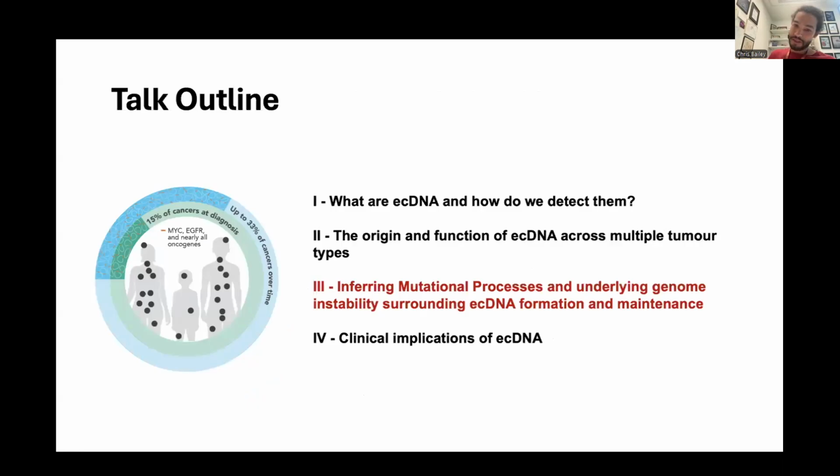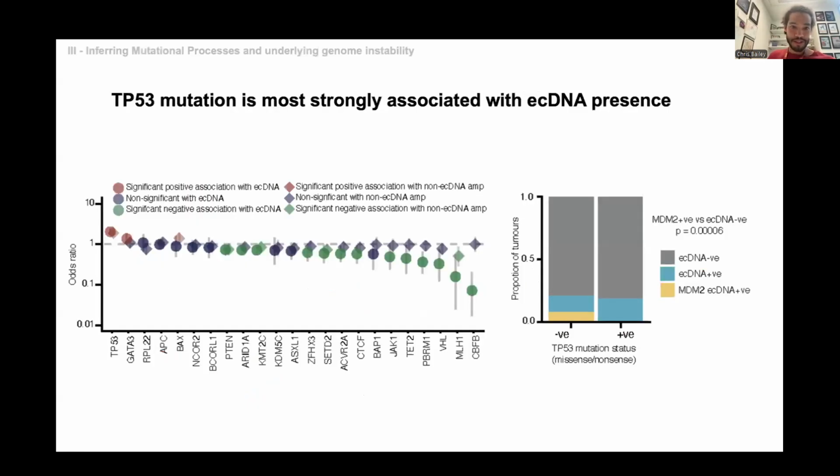So then the next part was to infer mutational processes and underlying genome instability surrounding ecDNA formation and maintenance. The first thing that we did was to compare those samples with ecDNA and those samples with focal amplifications, and annotate whether or not there were tumor suppressor losses. We then conducted a multivariate analysis looking at the presence or absence of a tumor suppressor mutation versus those that did not have the mutation, and we found that TP53 was most strongly associated